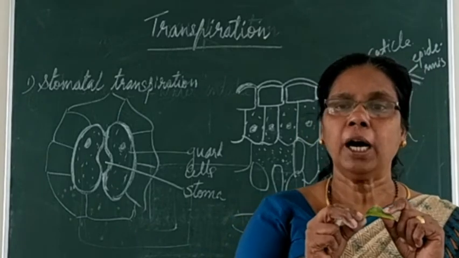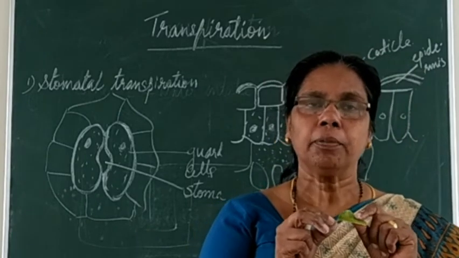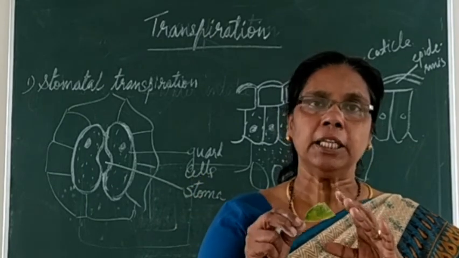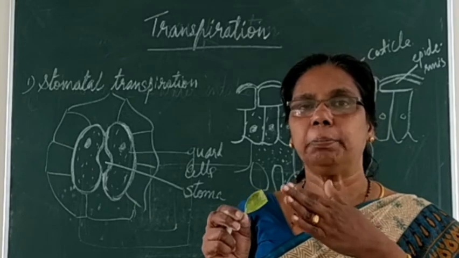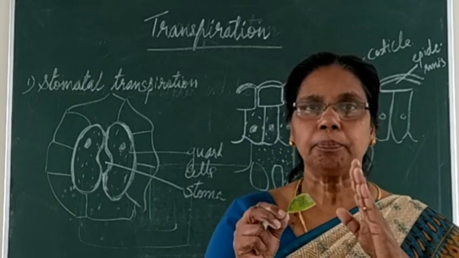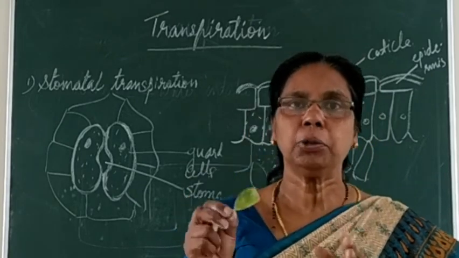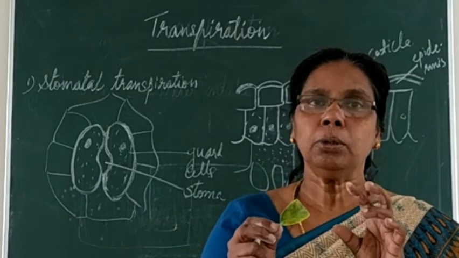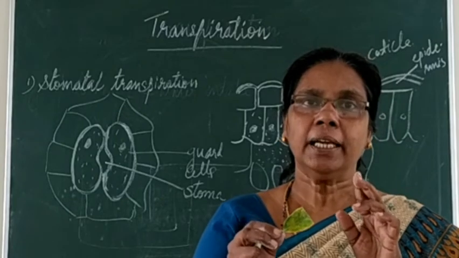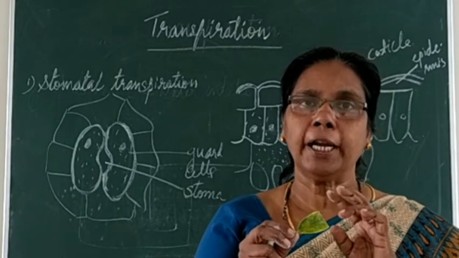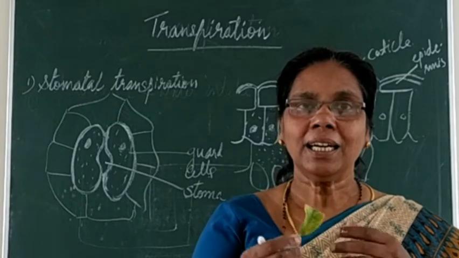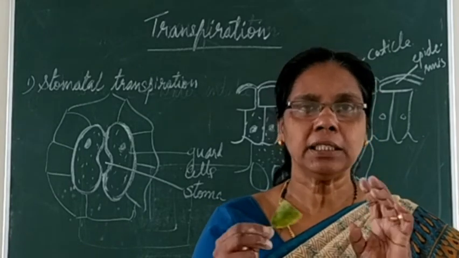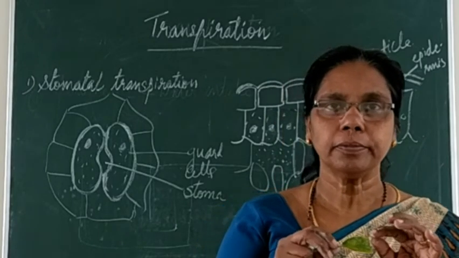For that, you have to take a potted plant, or if you are conducting the experiment outside, you can keep it there, but you should not cut the leaf. The leaf should be intact with the plant. It should remain in the plant, so we have to do this in the plant only. For this, you need two thin glass sheets, two cobalt chloride papers and certain clips. These are the things needed. Clips, otherwise you can use a rubber band.